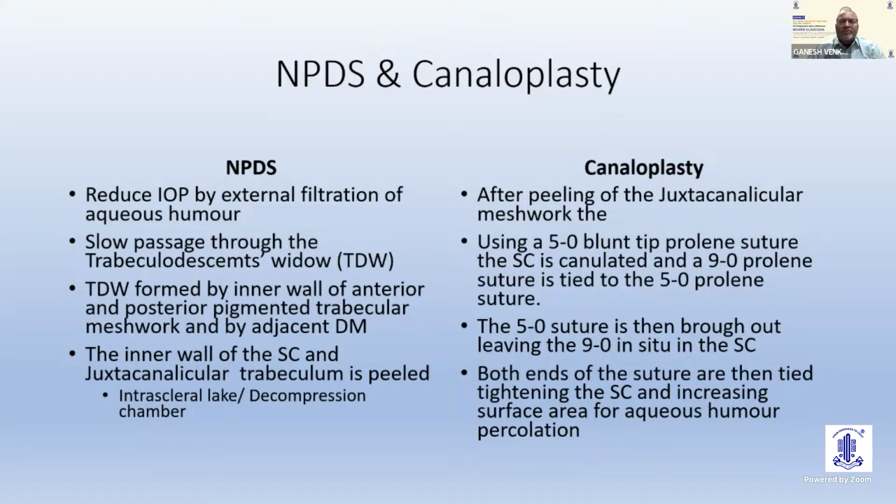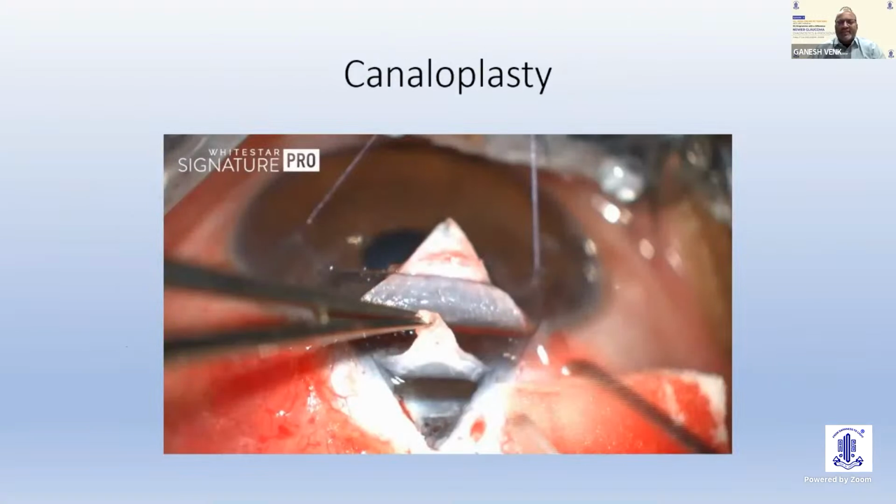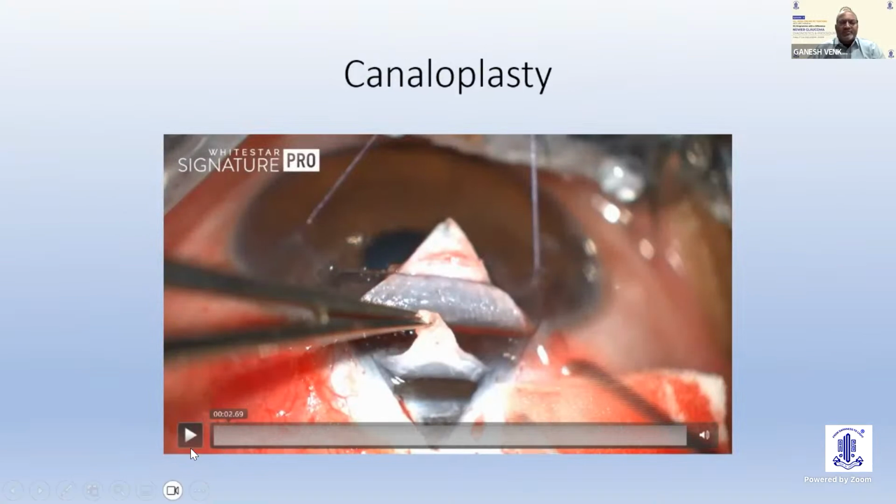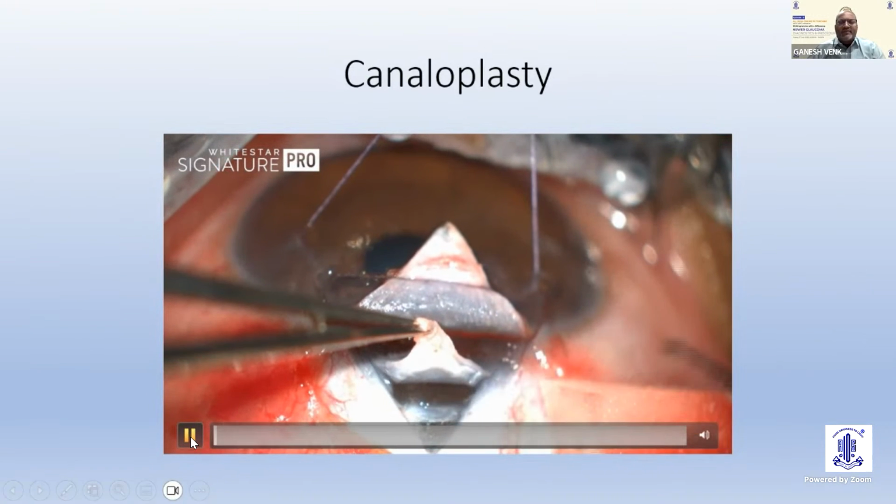Now we can go on to do another procedure, which is the canaloplasty, where you introduce a suture into Schlemm's canal, which is the 5-0 Prolene, and then you tie a 9-0 Prolene, and leave the 9-0 Prolene in Schlemm's canal and tie it tightly, so that you bring the inner wall of Schlemm's canal closer to the anterior chamber. So you increase the surface area of Schlemm's canal, thereby enhancing the flow. So this is a canaloplasty procedure. So once you have